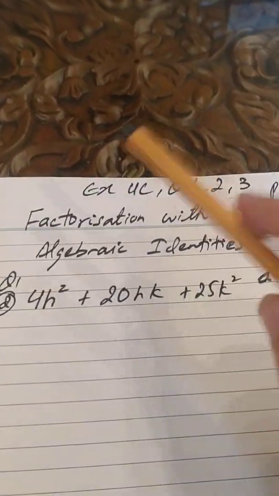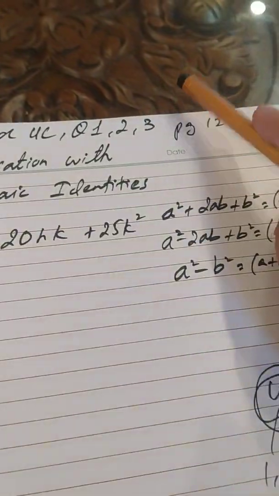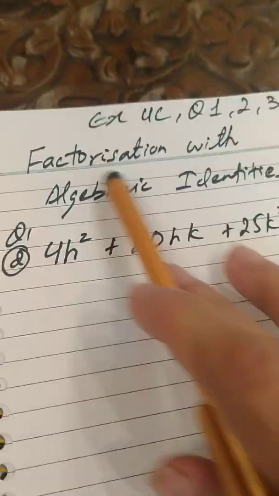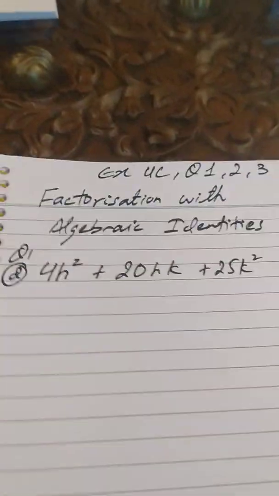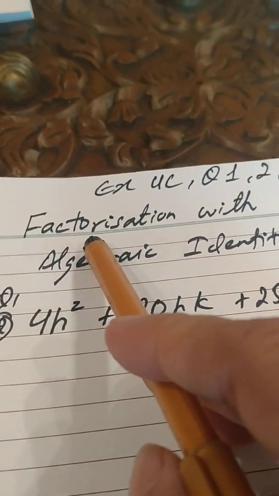Okay guys, exercise 4C, questions 1 to 3, page 127. Exercise 4C is: factorize the algebraic expression with the algebraic identity method. So guys, we know that when the teacher says factorize, the word factorize always means